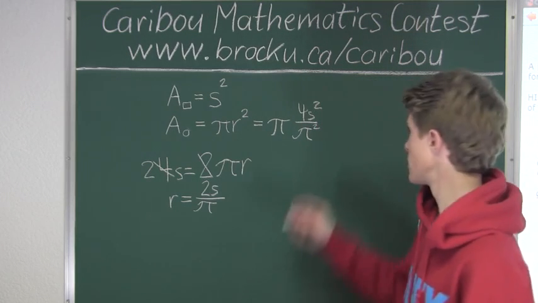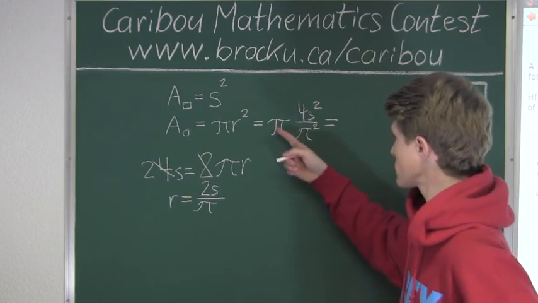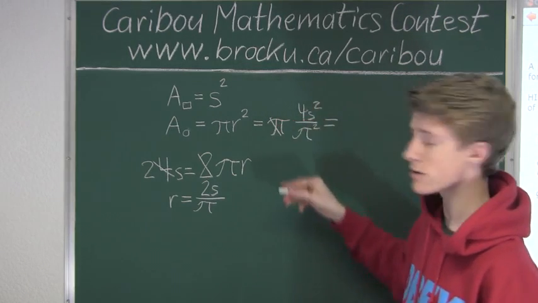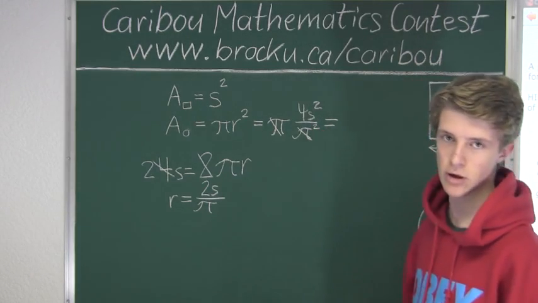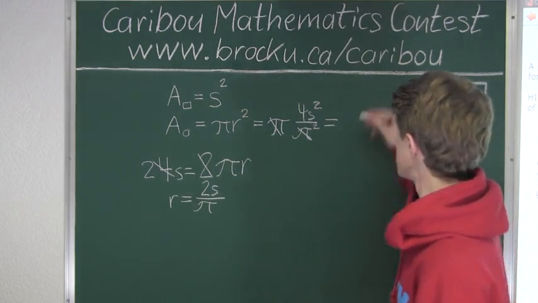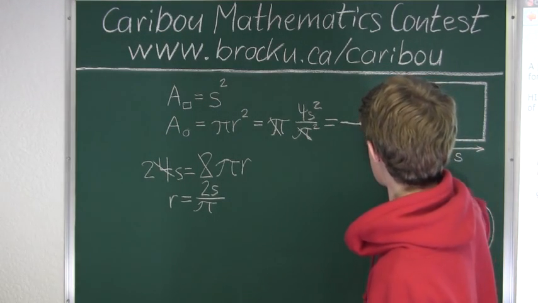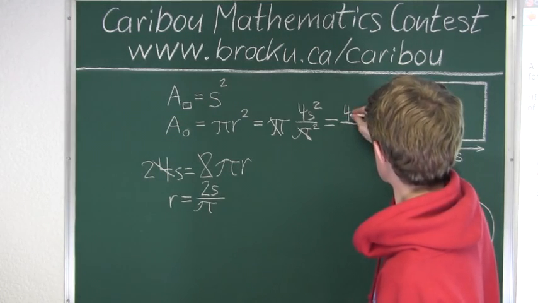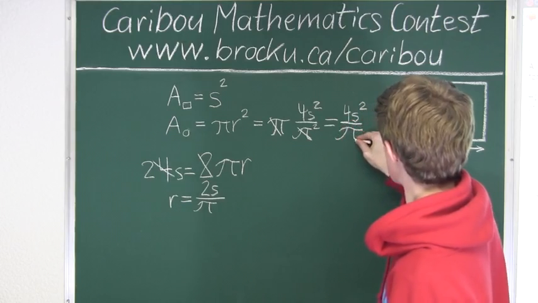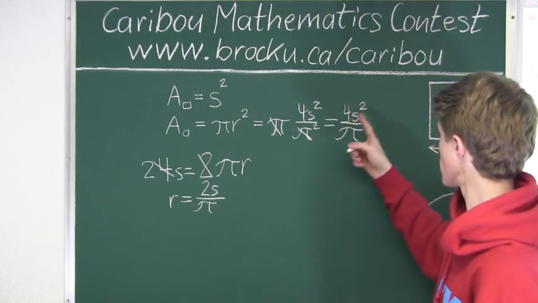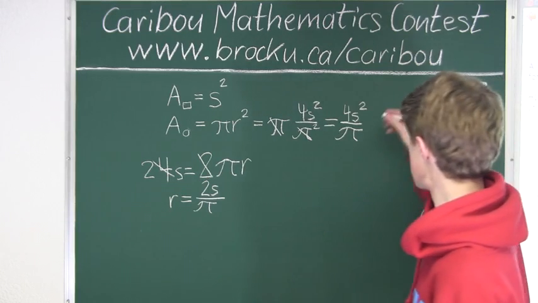Okay, so now we can cancel out like factors, so we can cancel out a pi in the numerator and a pi in the denominator. Since here pi is squared, we know that we still have a pi left here. So we are left with 4s squared divided by pi, and this is equal to,